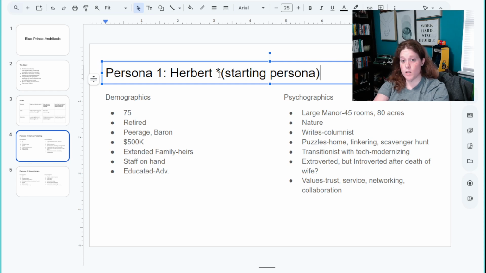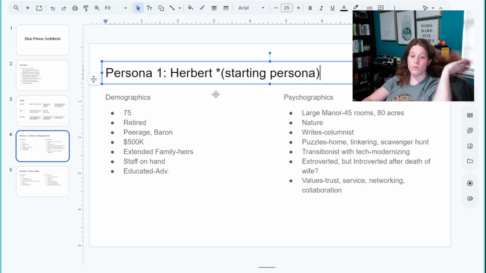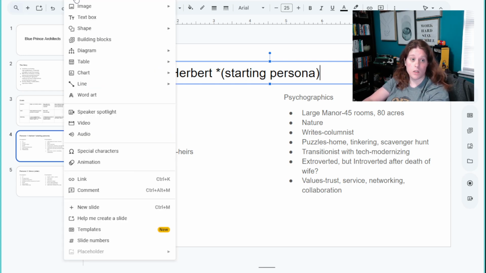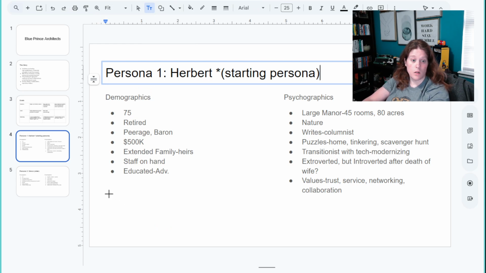Because again, we want to de-age our persona. Right now, we are at Herbert's level, a 75-year-old persona that might not necessarily sustain us in the long term as far as finding sustainable income. They might need more repairs, more upkeep rather than creating something new. So let's insert another text box right here,